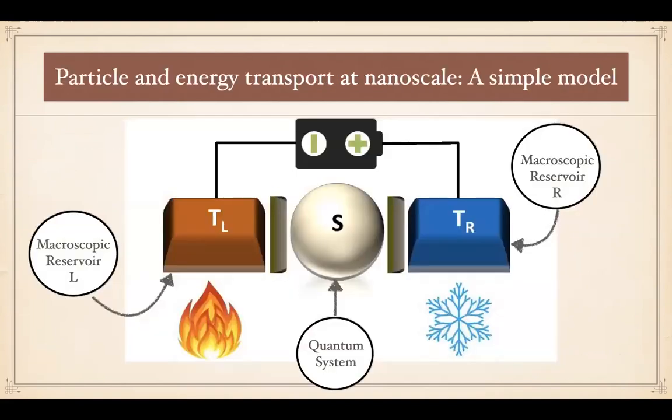Just to give you an overview of how particle and energy transport happens at the nanoscale, I always keep this slide just to motivate the audience. Usually we have a quantum system attached to a hot bath and a cold bath, and heat and particle transport are motivated by the difference of temperature or the difference of potential between the 2 leads. You can have different kinds of scenarios here and play with it. There are tons of literature where people have studied this setup with different systems, different reservoirs, different couplings, different types of driving, and different kinds of biases, and studied charge and heat transport.